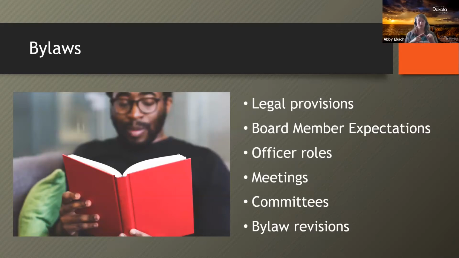So legal provisions that create the library and the library board duties. So North Dakota Century Code 40-38, the legal name of the library, pretty straightforward. Expectations of each board member, so their attendance requirements, their term limits by Century Code, the process of removing a board member for reasonable cause, how officers are chosen or elected and the length of an officer's term, and then the powers and responsibilities for each of those officers.